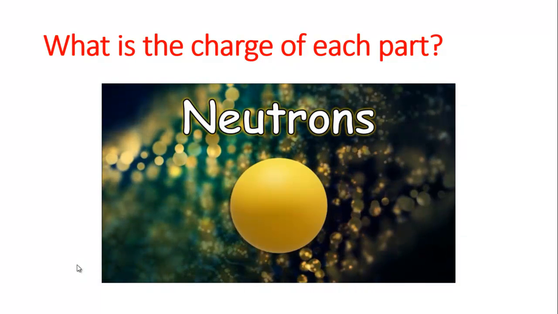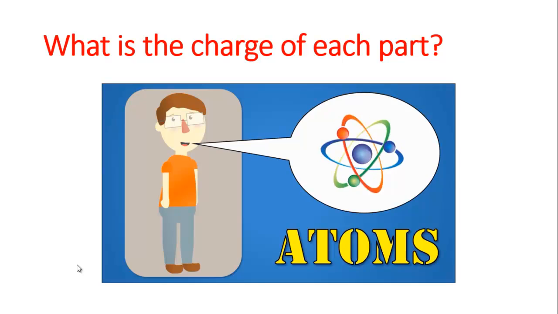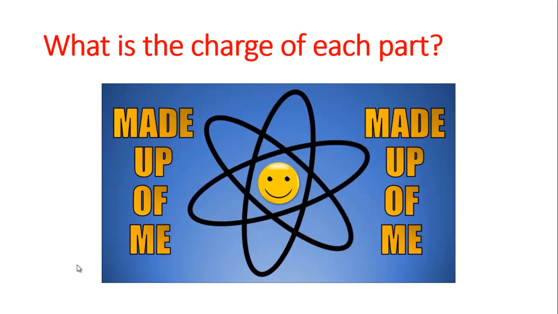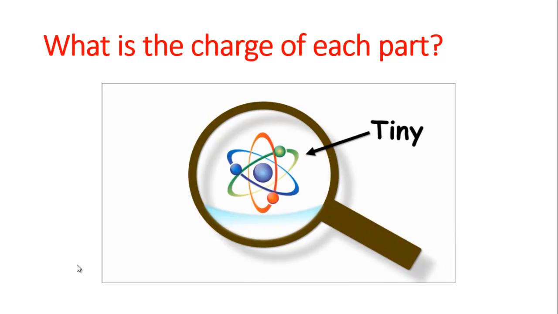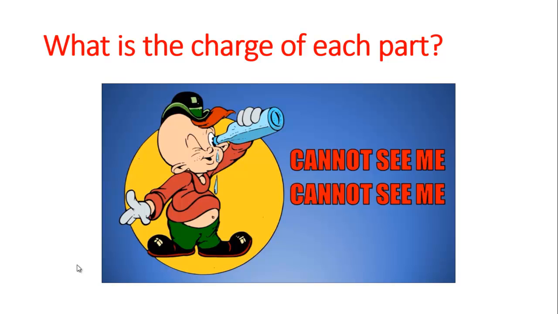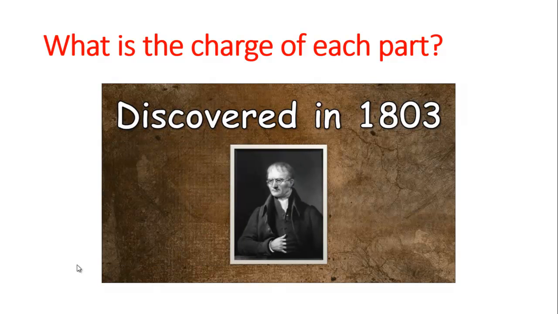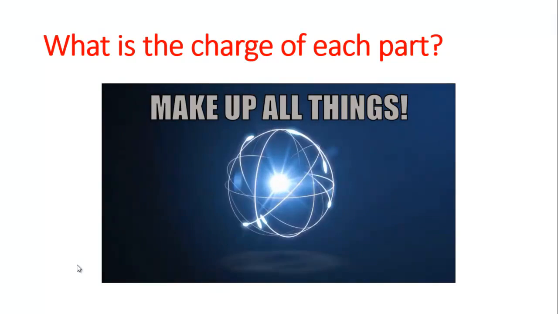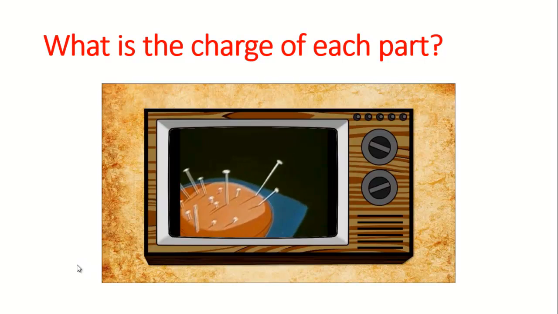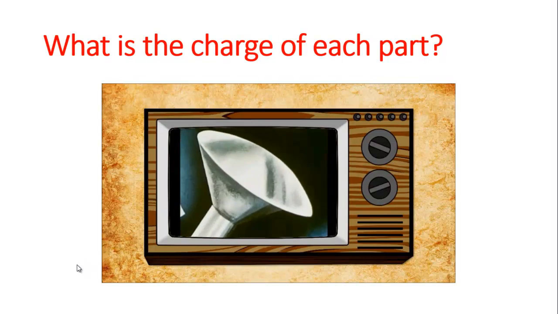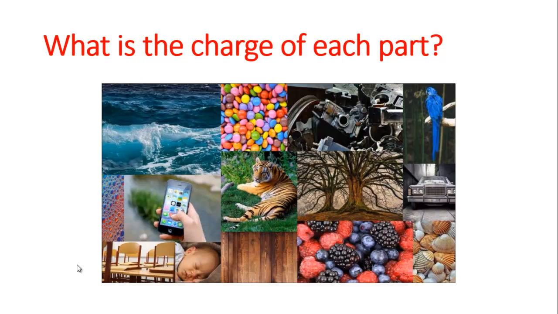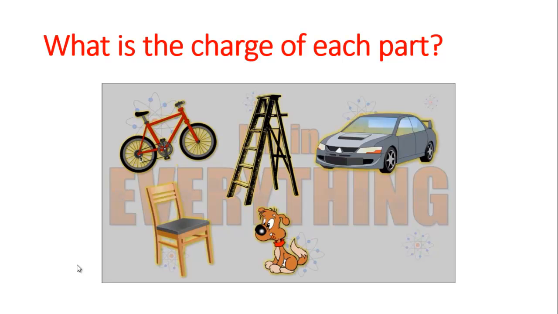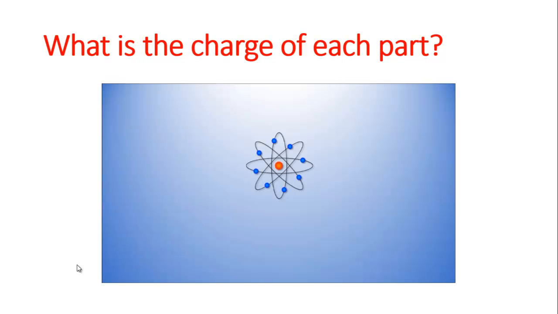Protons, neutrons, electrons, atoms, protons, all matter is neutrons, electrons, takes over 100 billion atoms to make up the head of the pin. I am the atom, the basic building block of all matter. I made everything from bicycles to ladders to cars to shirts to a puppy dog shirt to the boots of a cowboy to the stoves. And I'm really